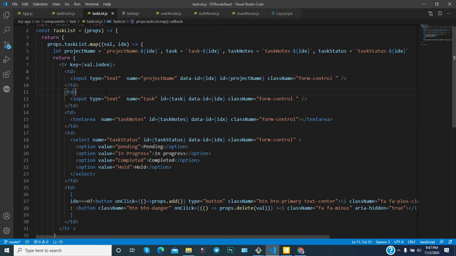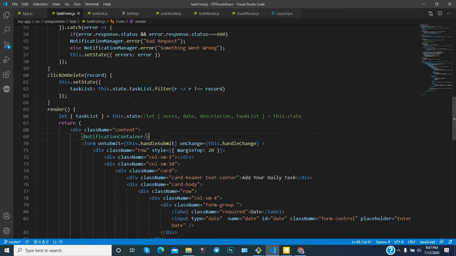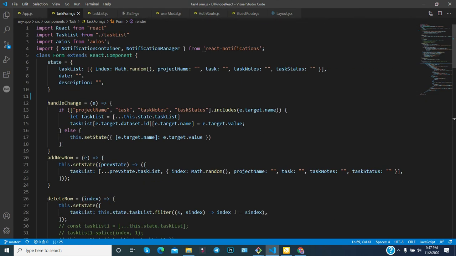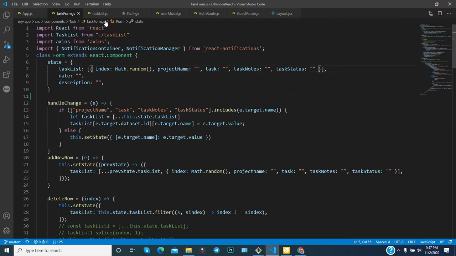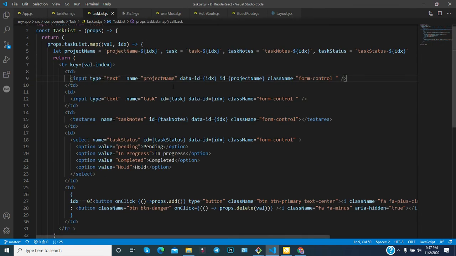Now this is the input and name you have provided. Make sure that this name and this object name should be exactly the same. If you write the name project name 1 here, then you also need to write project name is equal to 1 there. Otherwise it will be very difficult. However, you can do these things, but it has some use case, that's why you have to do these things. I will talk about it later on.